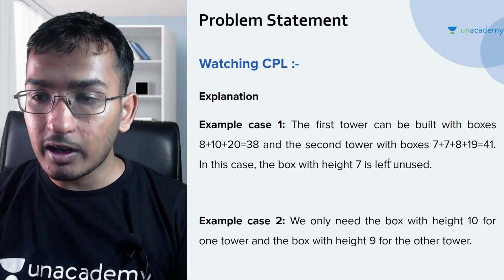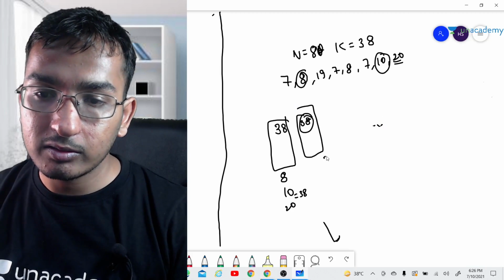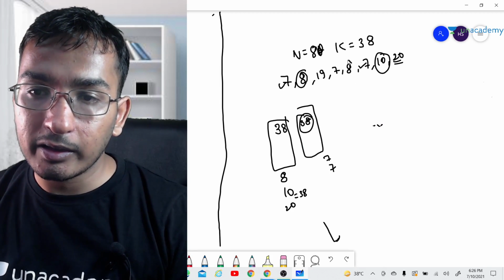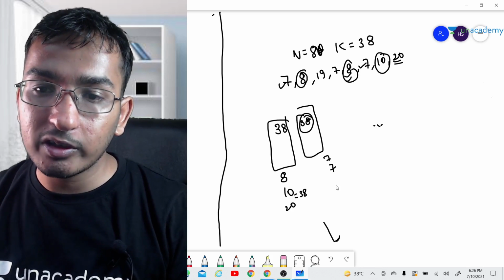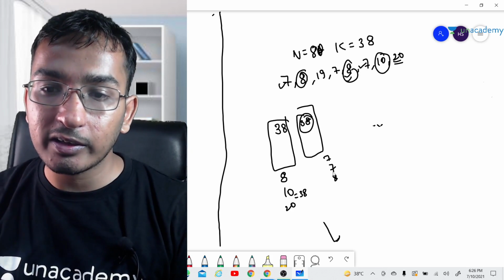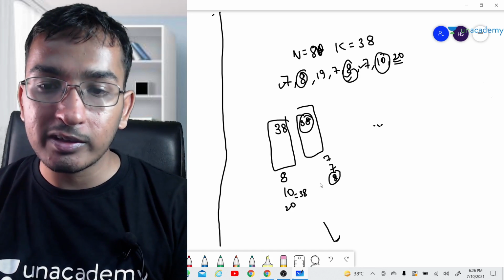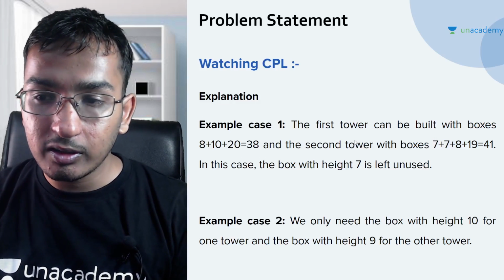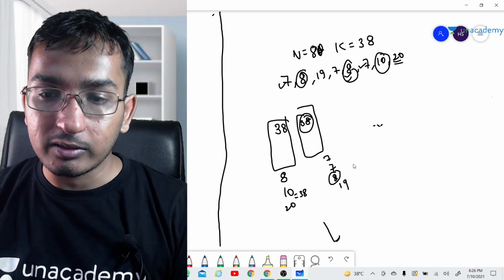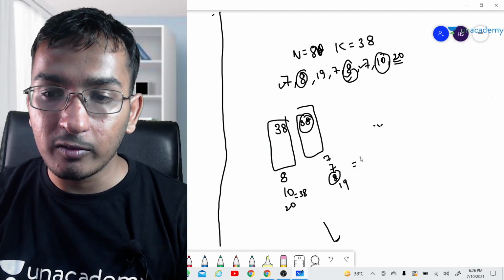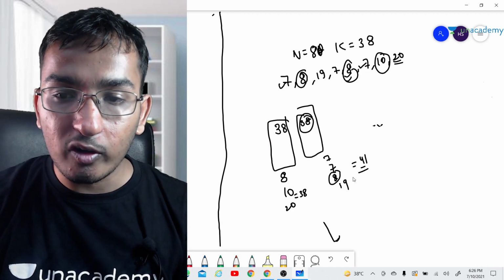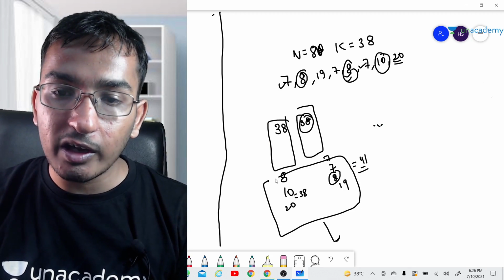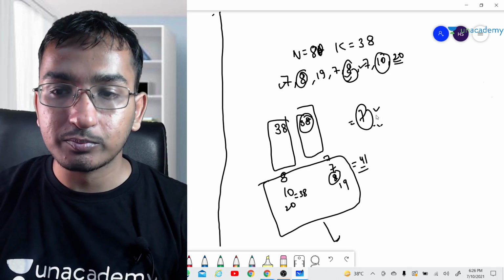Okay, and in another example he can use 7 and 8. I am not using the same box here. Because boxes of the same height are given here, that's why you might see the duplicacy. So I am not using the same boxes here, guys. Please pay attention. And that is 90. So we have achieved the height of 41. So what are the minimum number of boxes here, guys? 1, 2, 3, 4, 5, 6, 7. So a total of 7 boxes we are using here to achieve the height.